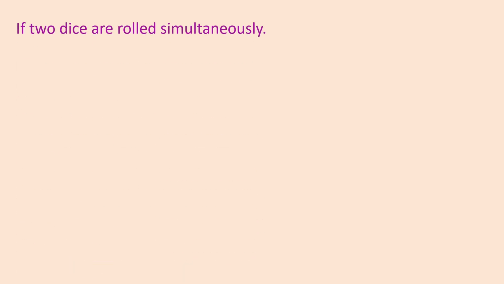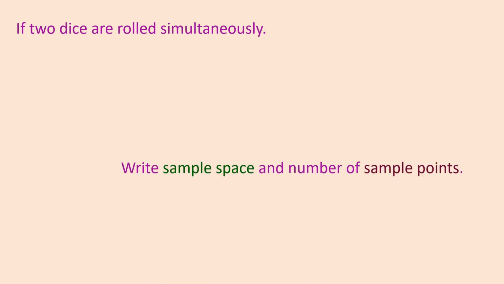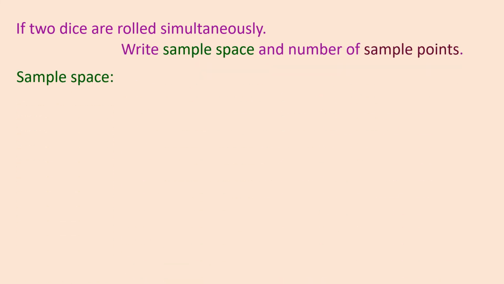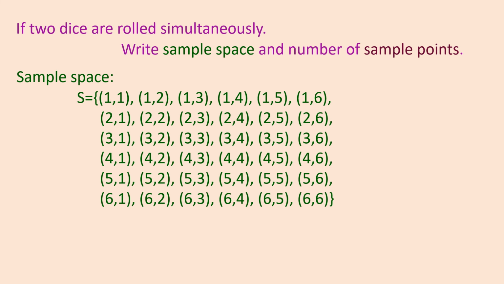Let us move with another example. When two dice are rolled simultaneously, again it will give you the same result. Either you throw both dice together, or you can throw one die after the other. It will give you the same result. So let us begin here. We are going to write down the sample space here. All these will be the outcomes from the random experiment, which is written in the sample space in set form.